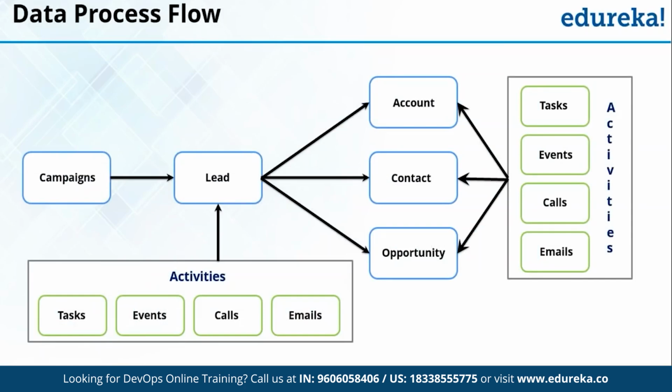So we start with a campaign. From a campaign we get a lead. On a lead I can call, do some event or a task, a reminder. From a lead I also get account, contact, and opportunity. It's recommended to create an opportunity. These activities are also possible on all of these objects. So let me show you one activity.